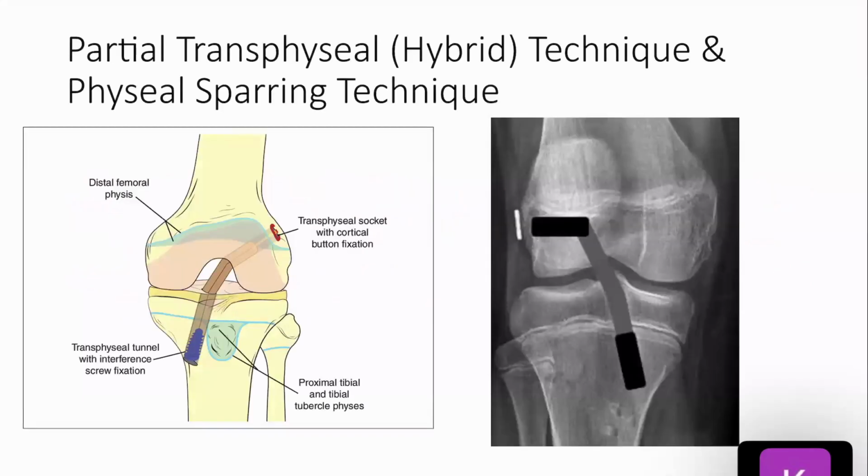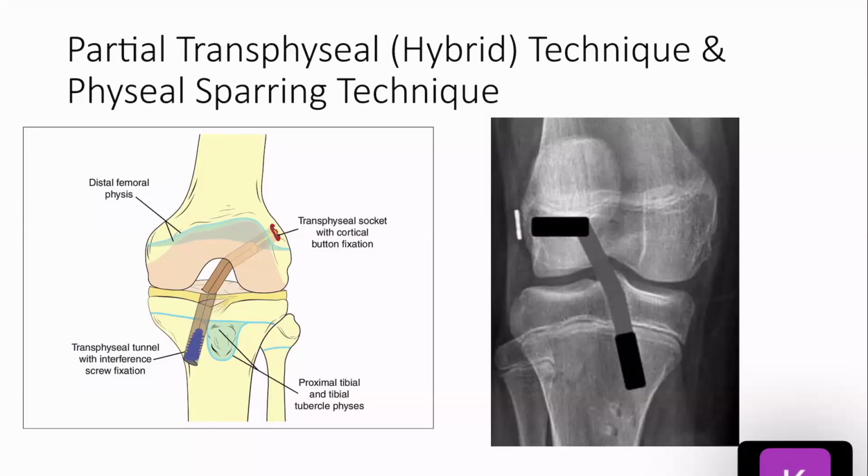And the X-ray here on the right shows a partial transphyseal or hybrid technique, and the image on the left shows a physeal respecting technique with less horizontal tunnels across the physis, soft tissue graft, and suspensory fixation on the femur, and interference screw on the tibia that is not crossing the growth plate. Both may be appropriate in older children whose physes are still open but have less than 2 years of growth remaining. And such hybrid techniques,